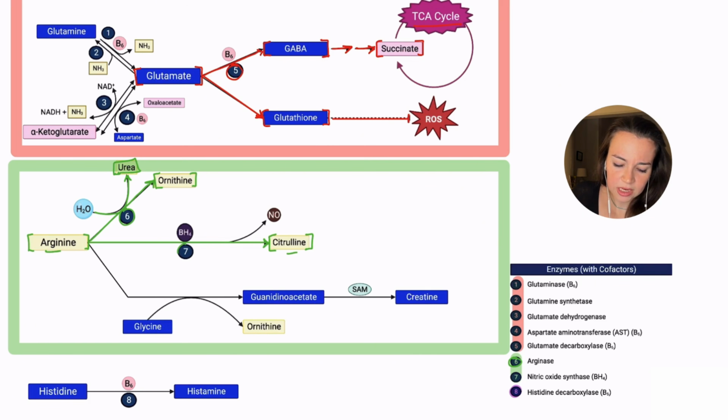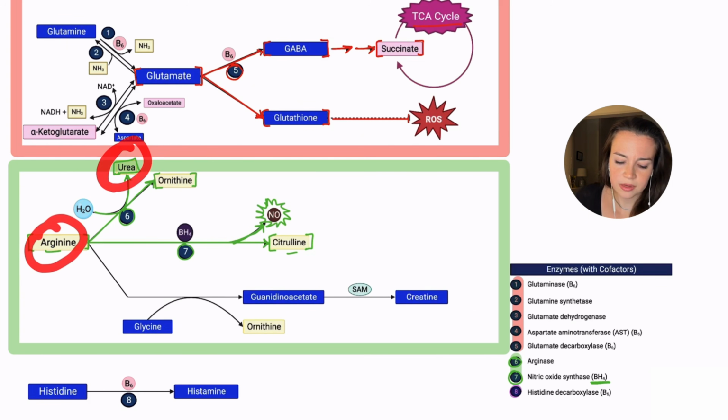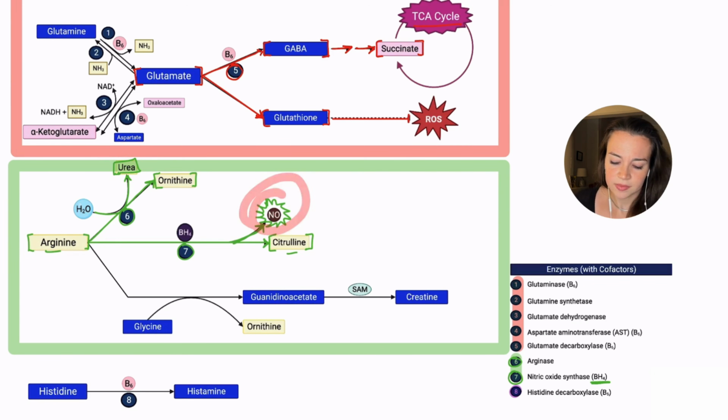The reaction is mediated by enzyme 7 here called nitric oxide synthase, which requires tetrahydrobiopterin, BH4, as a cofactor. And the important part of this reaction, as the enzyme name suggests, is that nitric oxide is going to be created as a byproduct of this reaction. And nitric oxide is a vasodilator. All right, so we can turn arginine into urea, we can turn it into nitric oxide,